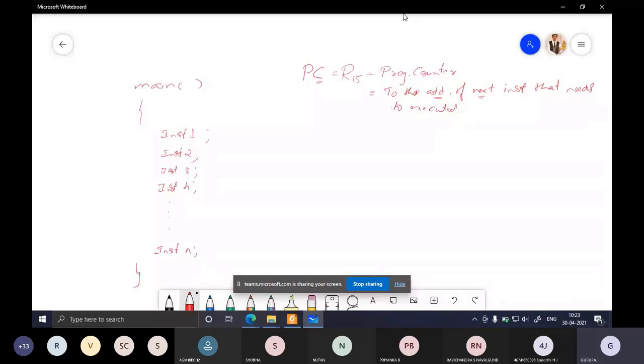Let's say your CPU is currently executing instruction 1. It is in the process of executing instruction 1. So where will PC point, according to the definition? What is the use of PC?